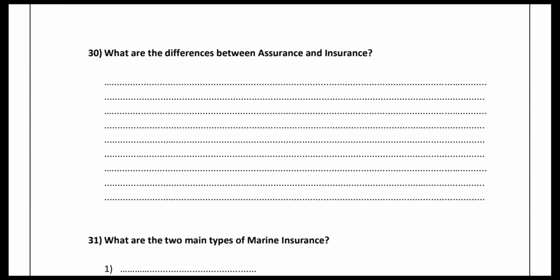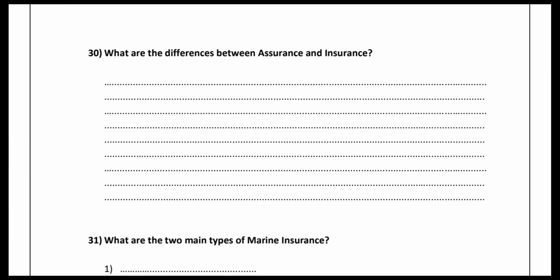I'll tell you why. Typically I'm explaining the whole chapter. Because now it's like an investment. First of all, assurance is for human life. Insurance is for property. So first of all, write it down. Assurance policy is similar to an investment. But insurance, it's not an investment. It's like an investment. With an assurance policy, you are assuring your life.